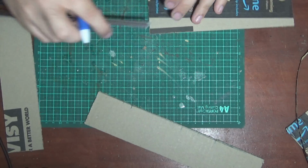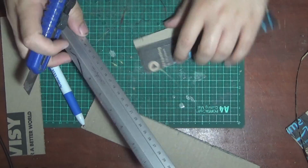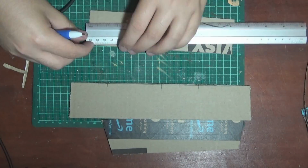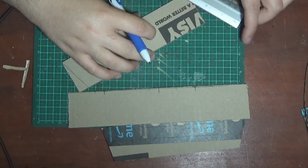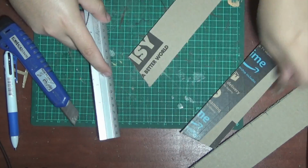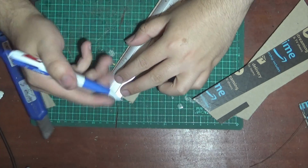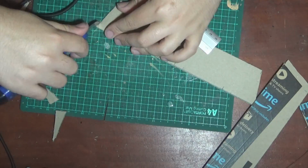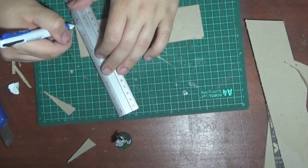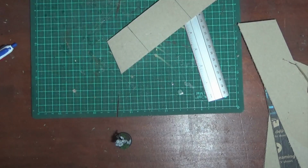And now the Imperial bunker has a slight angle to it. It is wide at the base and slowly goes up. So I'm measuring that here, and I end up with 1/2 inch removed from the top. And I do that to all the pieces. In the end, probably shouldn't have done it to the back because it also angles outwards as it goes backwards. So that means the angle will be different at the back. I'm not quite sure on the maths to get the angle exactly correct, so I just filled it up with hot glue to make sure that it stayed in the right shape